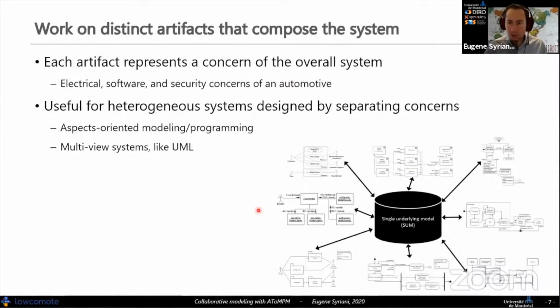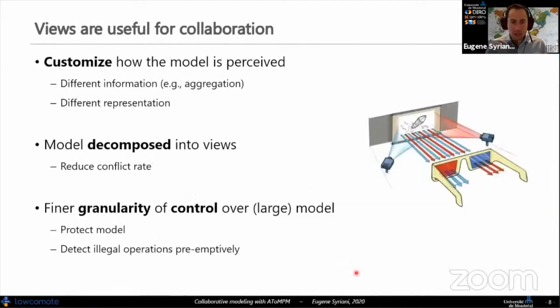And the third situation I mentioned is where each artifact represents a concern of the overall system, and the complete underlying system is built by the union of these different concerns. This is quite related to what Juan was asking in the previous talk. So this brings us to something called multi-view systems, as we have seen in the previous talk as well.